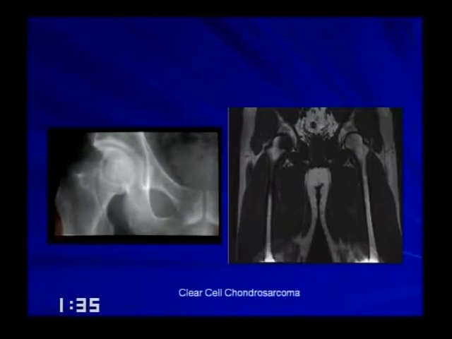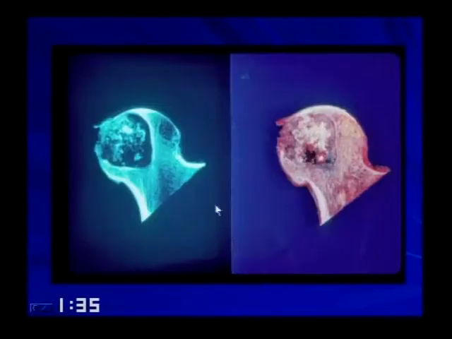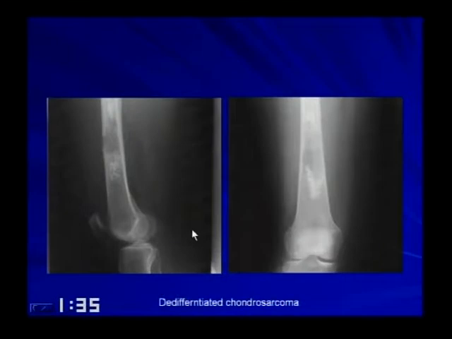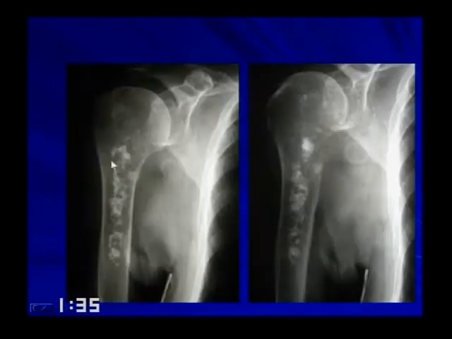Here's our clear cell chondrosarcoma, and there's a cut specimen. Here's a patient with probably a dedifferentiated. This is well calcified, but what about this part? The patient lost calcifications there, and this is the more aggressive lesion. This patient was watched over time. You see all these punctate calcifications, it's cartilage. Is it benign or malignant? Well, your best bet is to talk to the patient, and is it symptomatic? But if you look at this patient over time, I think we thought that it was rotator cuff pain that the patient was complaining about.